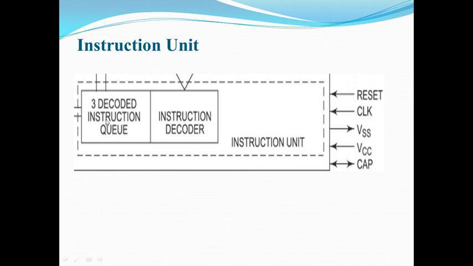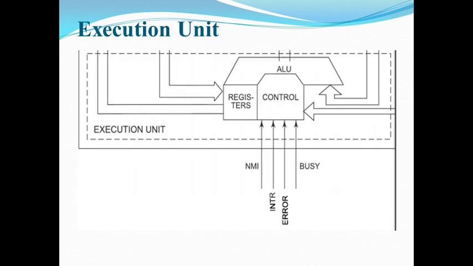Now let us move to the last part, the execution unit. The execution unit is responsible for actually executing the instructions. The execution unit contains a register bank used for storing data as a scratch pad or used as special purpose registers. The ALU, the heart of the EU, carries out all the arithmetic and logical operations and sends results over the data bus or back to the register bank, so that these can be used for further operations.